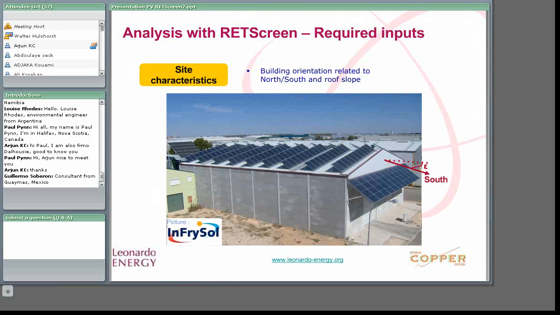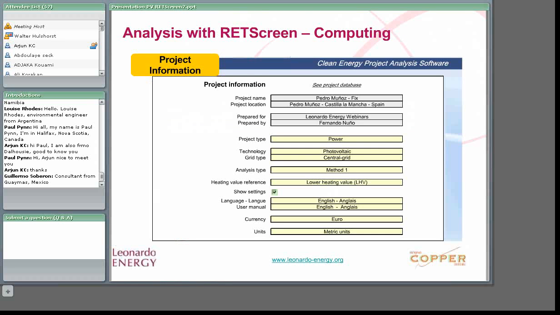So we need to know what's the orientation related to the south, and then some angles. Slope of the roof. This angle would be required in order to find the best orientation. And for this additional structure, again, what would be the slope? So now we go into the RETScreen